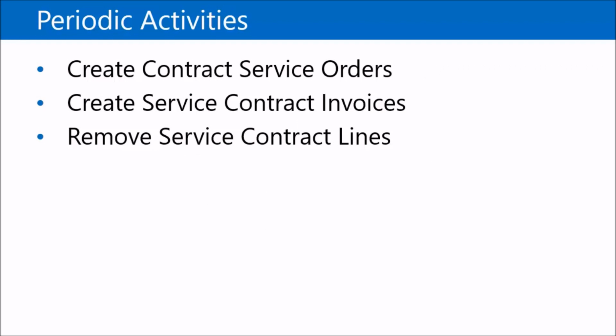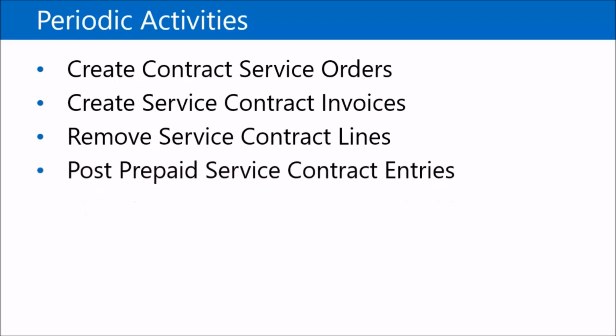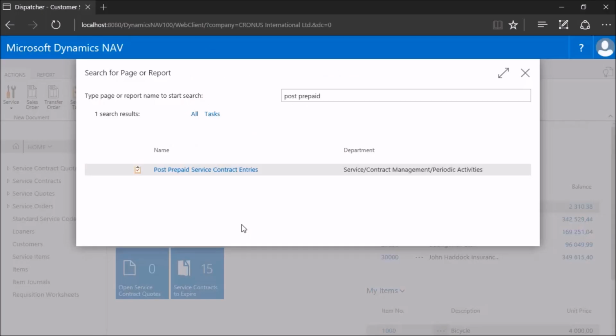The next batch job that we will examine is the post-prepaid service contract entries batch job. So this batch job will transfer prepaid service contract amounts from the prepaid account, so the temporary accounts, to the final income accounts. Remember that we could set up for the prepaid contracts temporary accounts where you post your postings on. And what this batch job is going to do is transfer whatever is posted on those accounts to the final